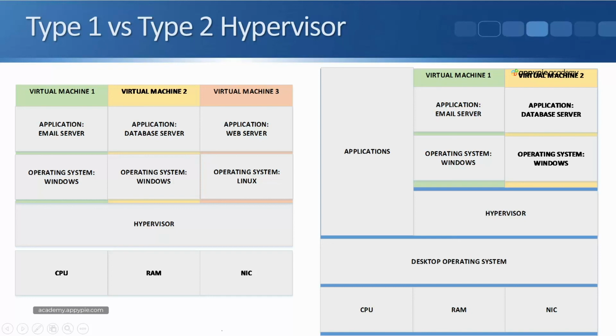But this would not be very suitable to run on your own laptop because you'd only have virtual machines running on there. So you can't really run this as a laptop operating system. Then with our Type 2 hypervisor, this is what we are going to have on our laptop. So I've got my normal operating system running on here. I'm running Windows. I've got my normal applications running on top of that, which is what's allowing me to record this video and also what's allowing me to show this PowerPoint presentation. I've also got the hypervisor installed as an application, and I can have my different virtual machines running on top